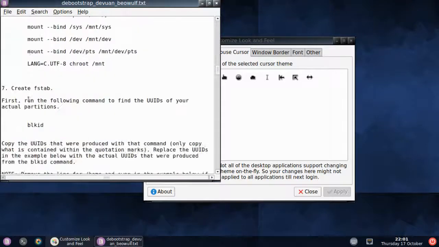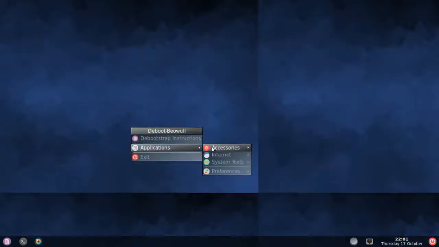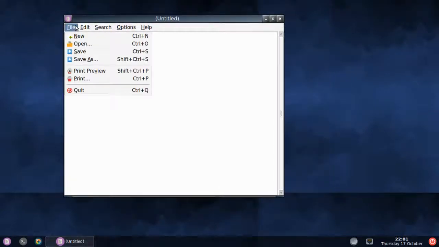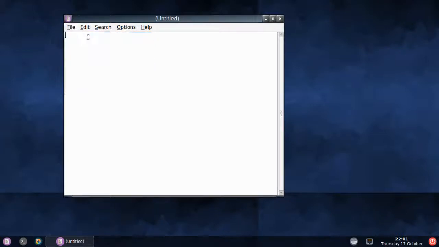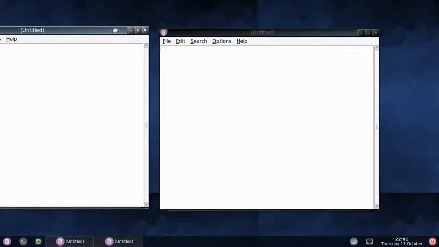How do you install software? I thought Firefox was in this, but apparently it's not. I am so sad. But we'll take a look at LeafPad, seeing as it's the only thing that's on this. That is alright for taking a look at. We'll go new document. Let's see what